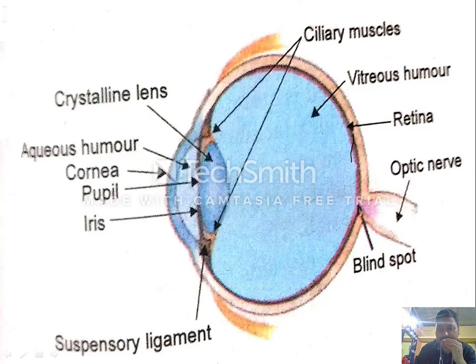So there is a point called blind spot, shown in the figure. Blind spot is the point through which the optic nerve crosses. At this point there are no cone or rod cells, so no image is formed on this point. This is called blind spot, and you can easily experience the blind spot by some funny experiments. If you draw this figure, then of course you have to label it with these names. So this is your eye, suppose.